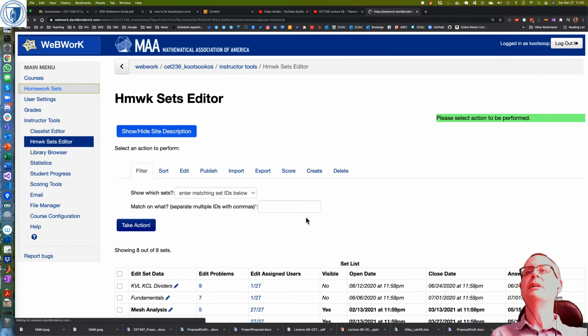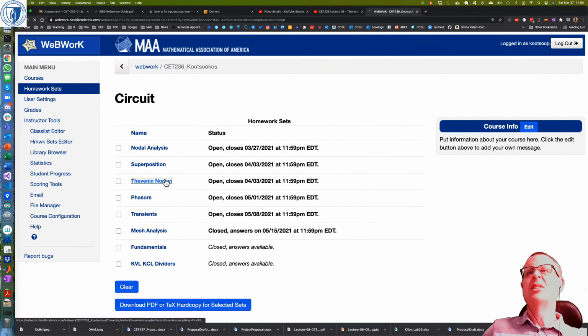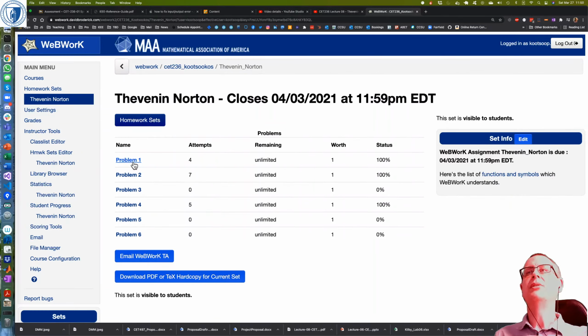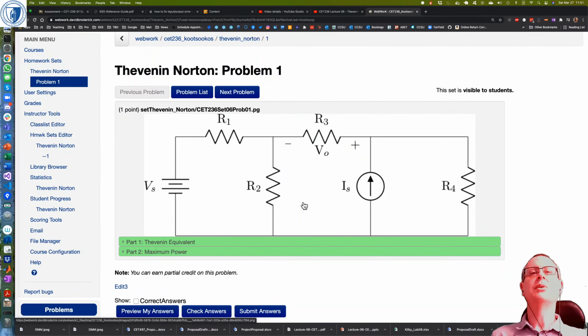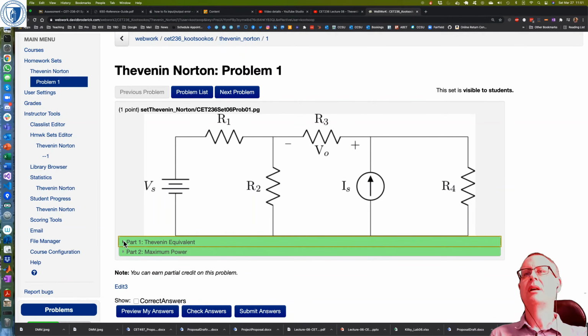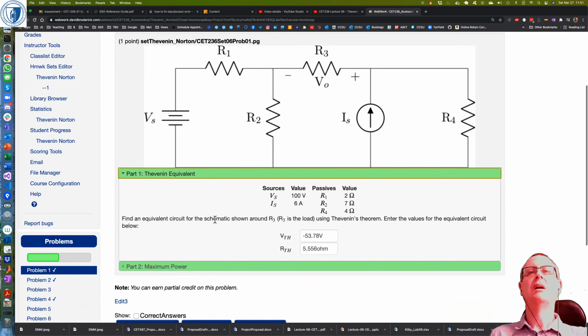So let's just go there, and let's have a look at the Thevenin and Norton questions. Right, so here's the circuit, and it basically just asks you to